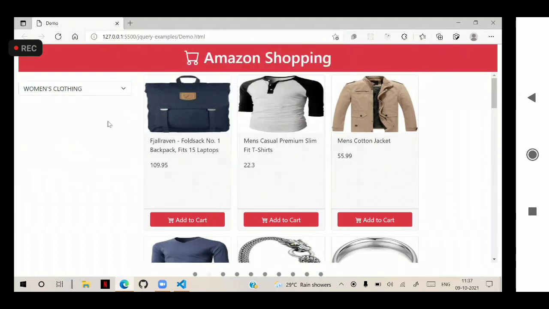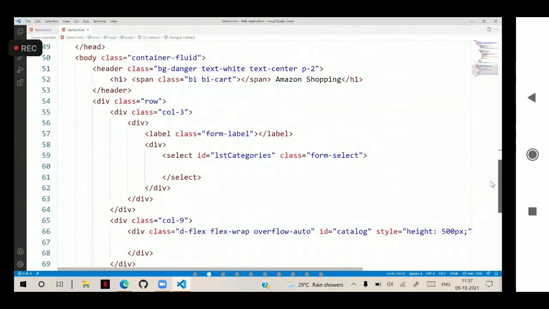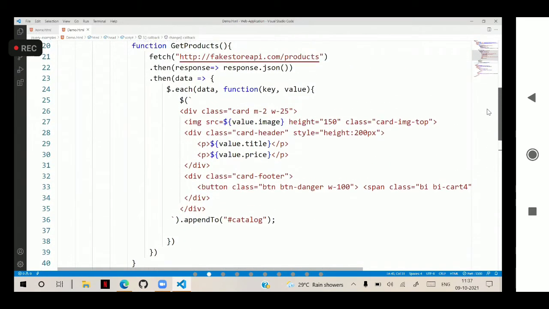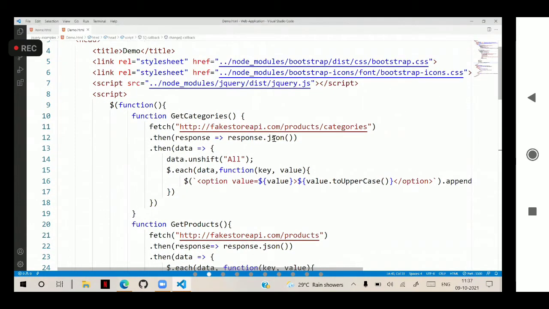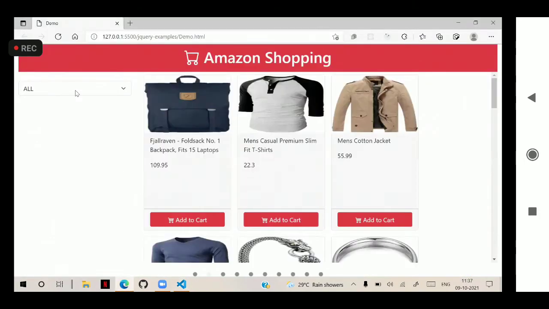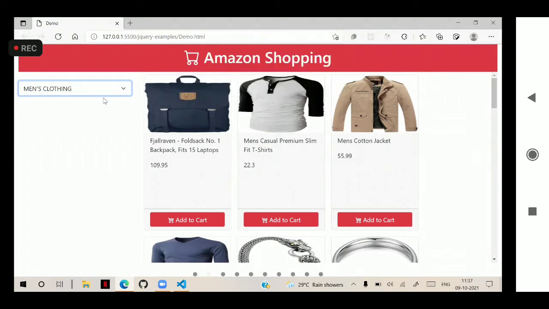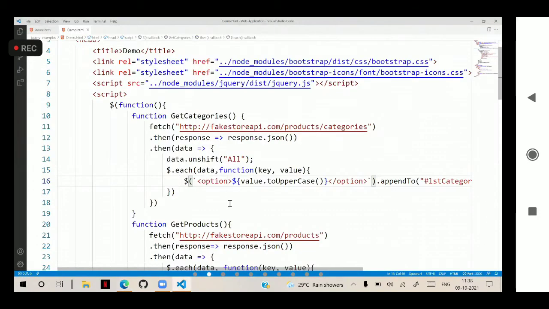That value is not coming with the space because it is trimmed automatically, because it is a library. It is trimming the value. Actually, suppose we are not defining that value here, we are not configuring that value. If I am not defining the value, then you can see I select men's clothing and now it is working fine. Because generally, when you pass the value, it is trimming the value.